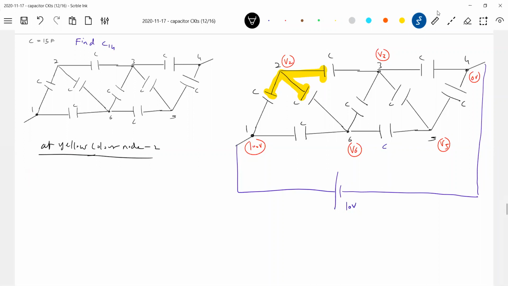V2 minus, everything is capacitance. So C into V2 minus 10, plus C into V2 minus 0, plus C into V2 minus V3 equal to 0. So this should be equal to 3V2 equal to 10 plus V3 plus V6. Similarly,